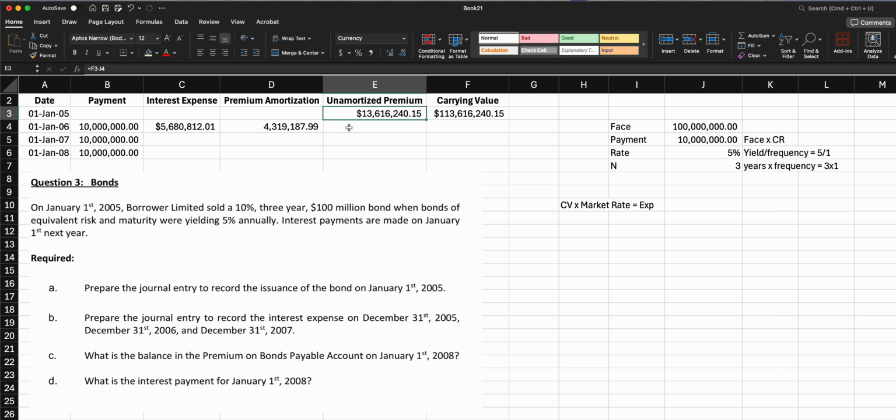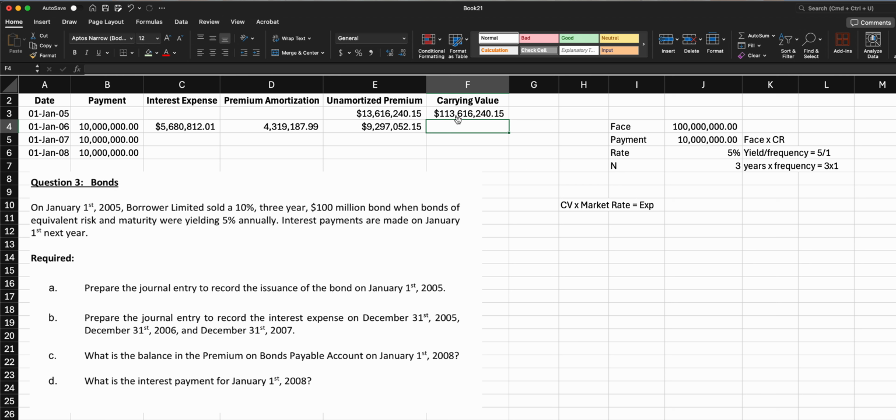Remember that we collected a premium at the beginning of $13 million, right? Well, we're paying that back. So that's premium amortization. It's a fancy way of saying premium repayment. So the unamortized premium, which is a fancy way of saying the remaining premium, now would be this 13 million minus 4 million. So after 1 year, we still owe 9 million on that premium, but the carrying value now